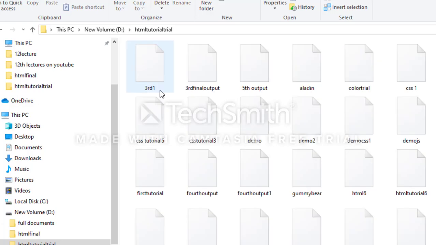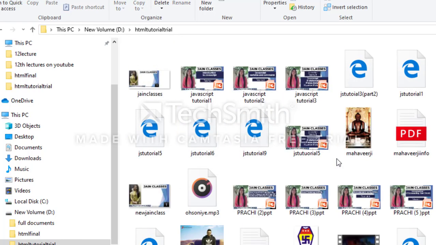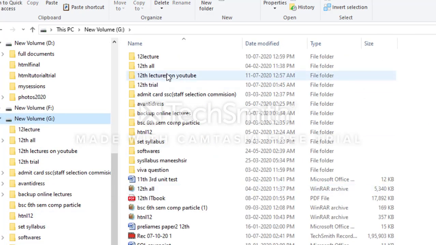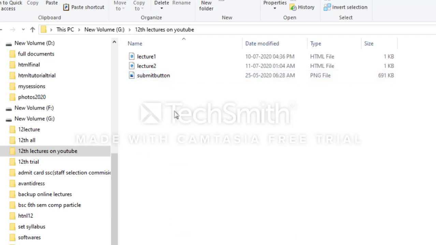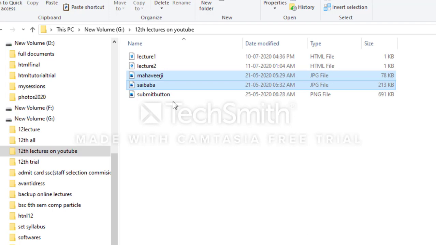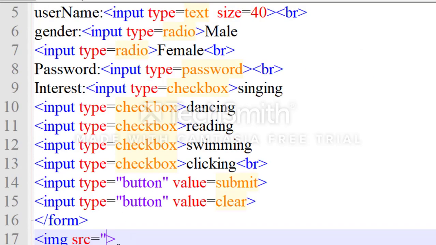I will copy the two images which are present here and put them in our own folder. Both are JPG files. Mahavirji and Sai Baba are the JPG images present in our own folder.